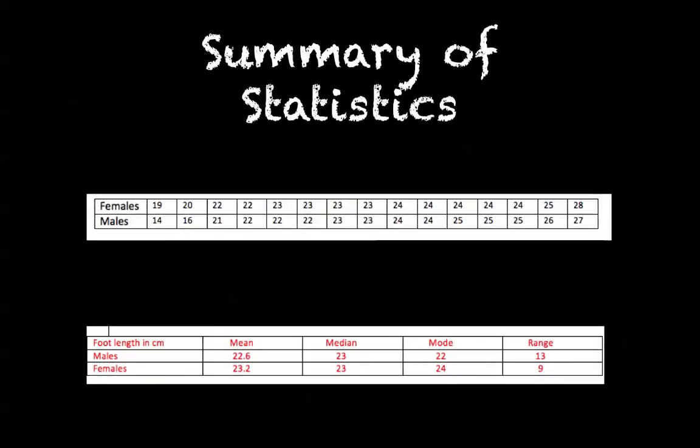mode. A summary of these statistics was then organised into neat tables, the first being a table of the categorical data in ascending order, and the second being a table of the mean, median, mode and range of the data, both separated into male and female